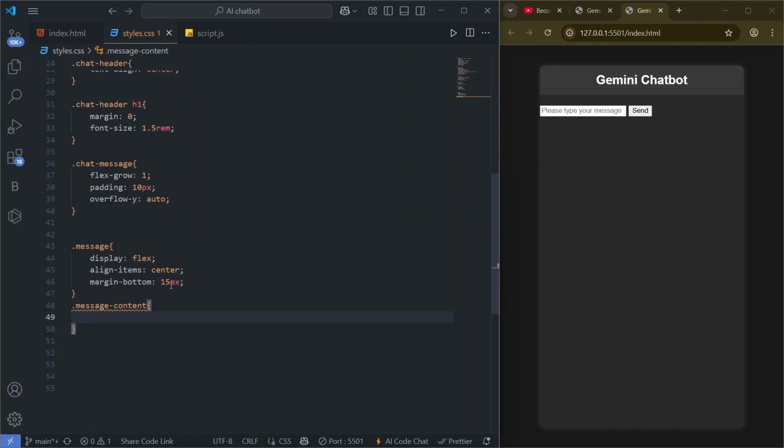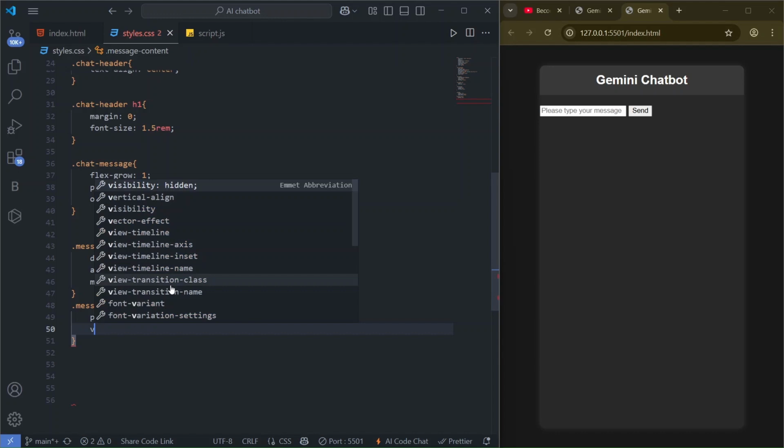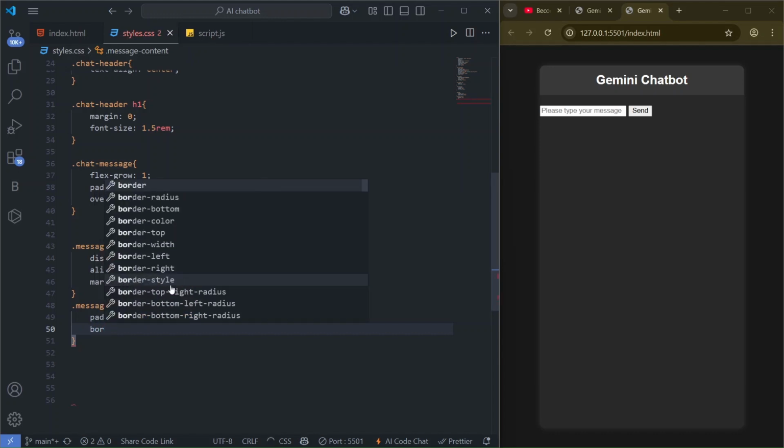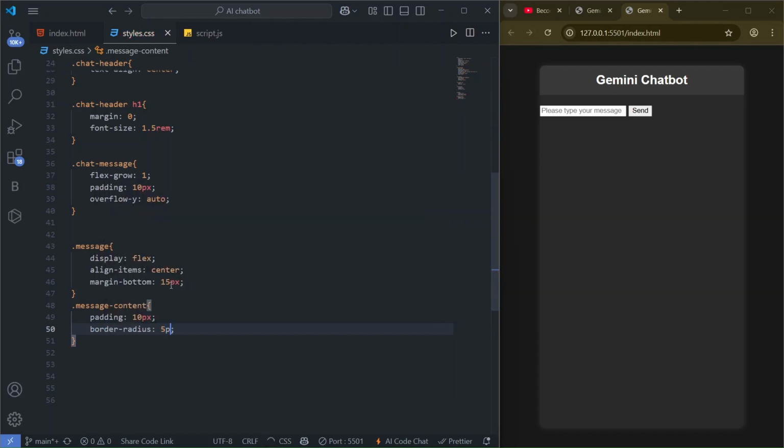So let's style our message content. So padding, we can write 10 pixel, then we can apply the border radius, which will be 5 pixel, then we can write max-width,